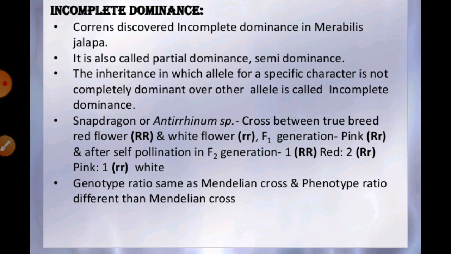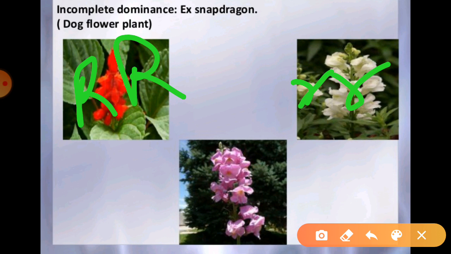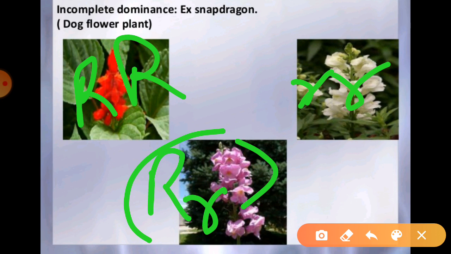Generally you can get the example of this one, right? If you are going to cross a red flower with a white flower, in that particular condition we will get their gametes. In the F1 generation we will always get both characters, but there is something new, that is, as in diagrams, this is generally represented with R and R, or with small r, or W you can say. But here you can again get the capital R and the small r, this is the hybrid one.